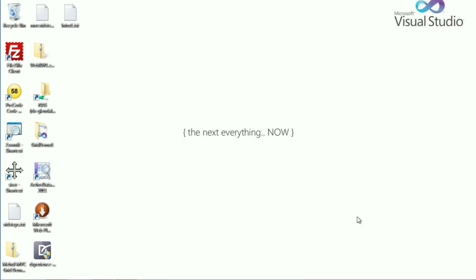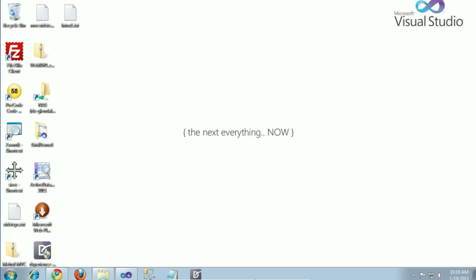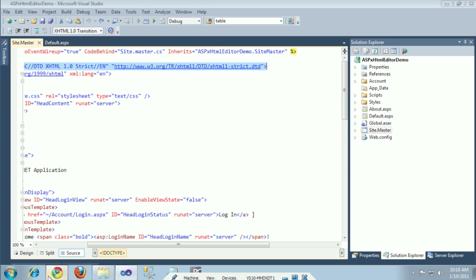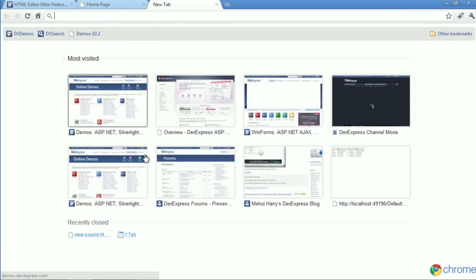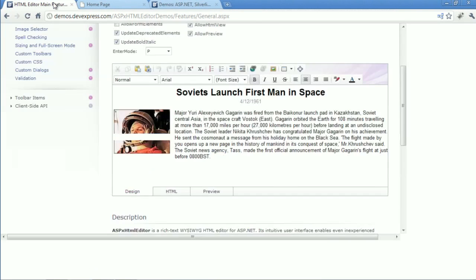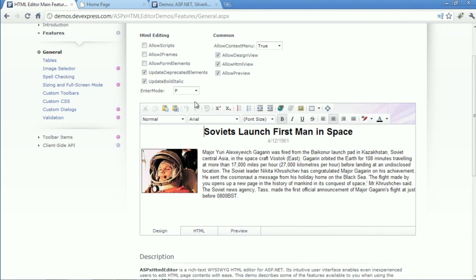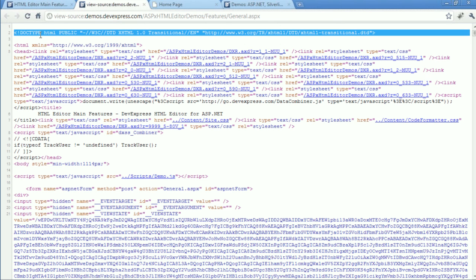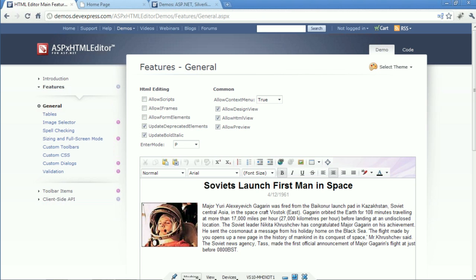Now, you might be wondering, where do you find the transitional? The easiest way I can tell you is to simply go to our demo site. You can get there by going to demos.devexpress.com and go to any of the demos. So, for example, here I'm at the HTML editor demo. If you right-click here and look at the page source, at the very top will be the doc type that you need. So just copy that, go back to Visual Studio,